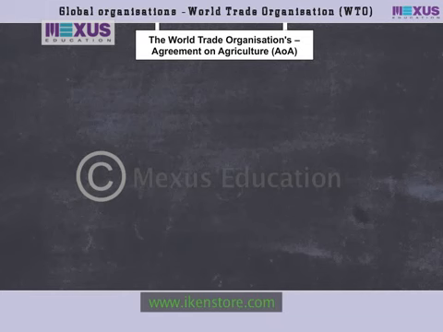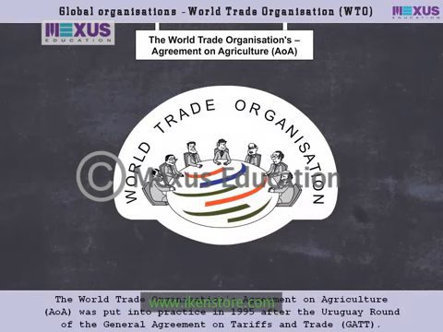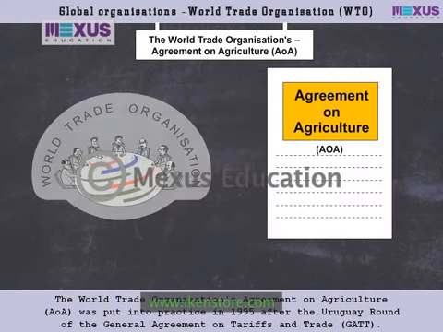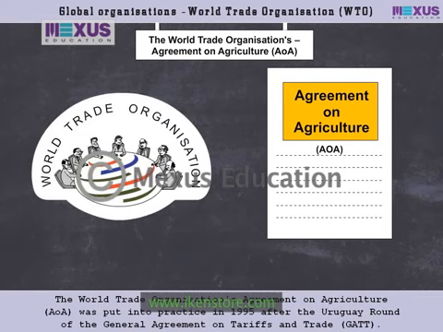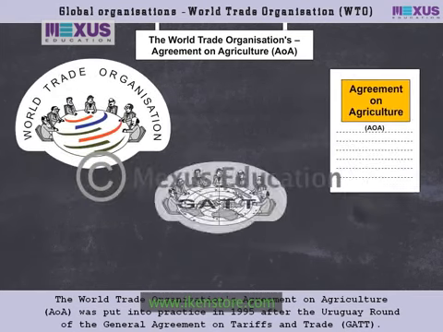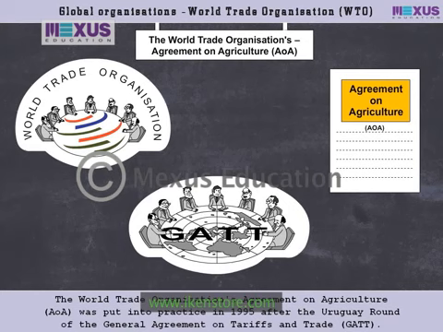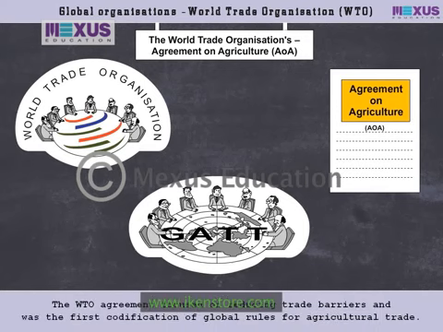The World Trade Organization's Agreement on Agriculture, AOA. The World Trade Organization's or WTO Agreement on Agriculture or AOA was put into practice in 1995 after the Uruguay Round of the General Agreement on Tariffs and Trade or GATT. The WTO agreement focused on